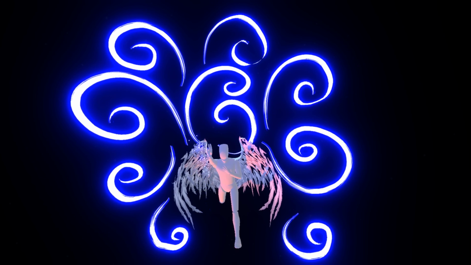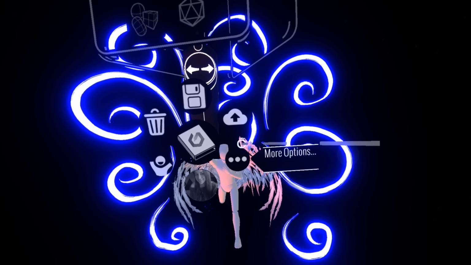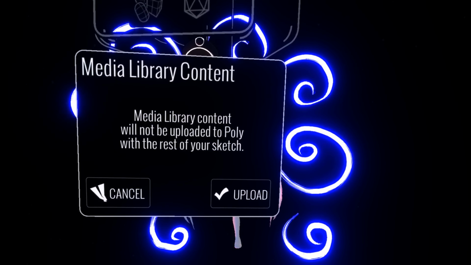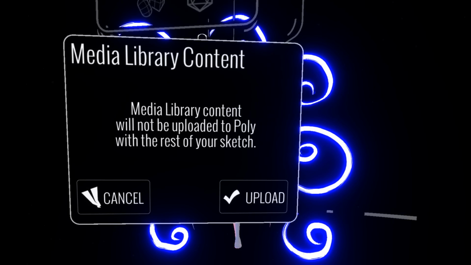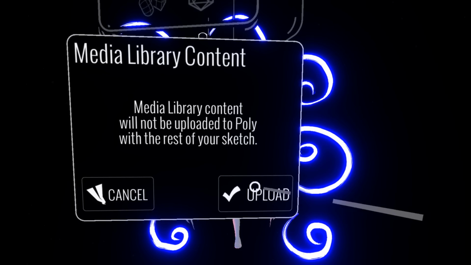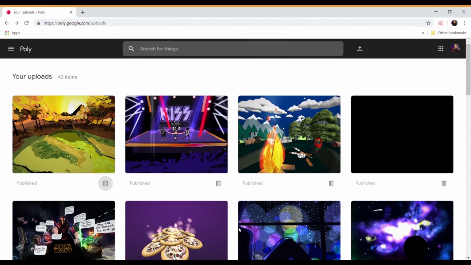Models and reference photos can be used as a part of your artwork as well. When uploading your mixed media art piece to the Poly website, the media library pictures and objects will need to be uploaded individually to Poly first to be able to appear in your final uploaded art piece. Upload the model